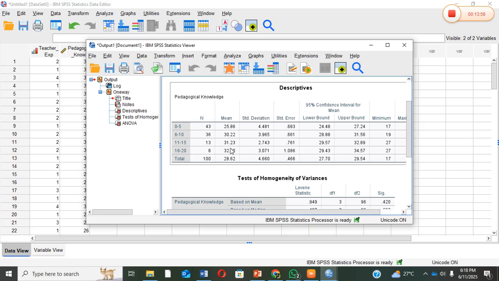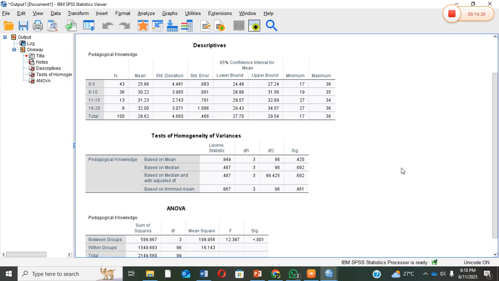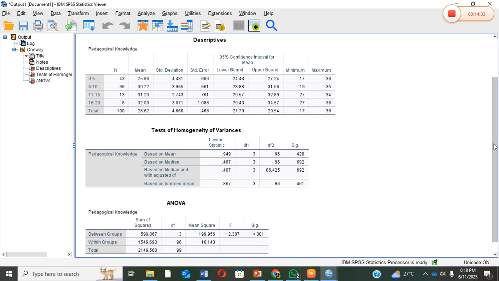And you can actually look at the mean difference for each and every one of them. The one with the highest mean at this point is 16 to 20 years, followed by 11 to 15, followed by 6 to 10, and the least mean difference is 0 to 5 years. So that's the description of our table. So we'll move on to